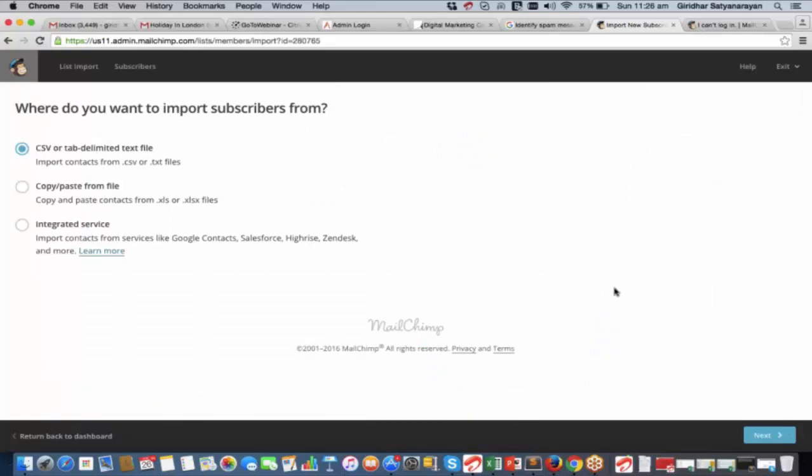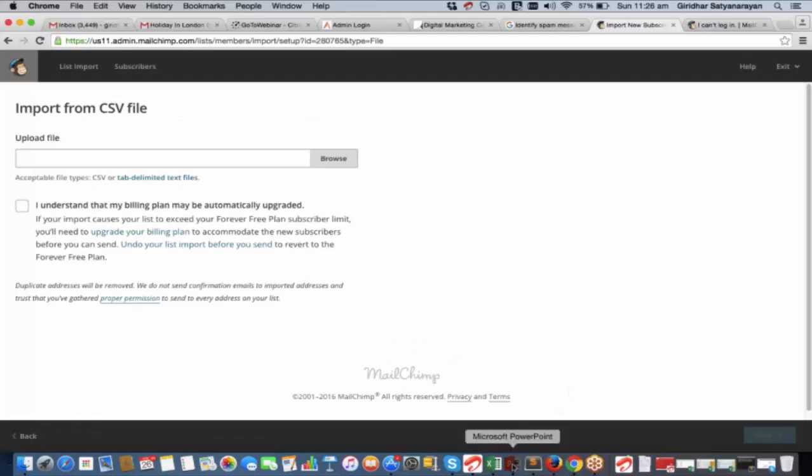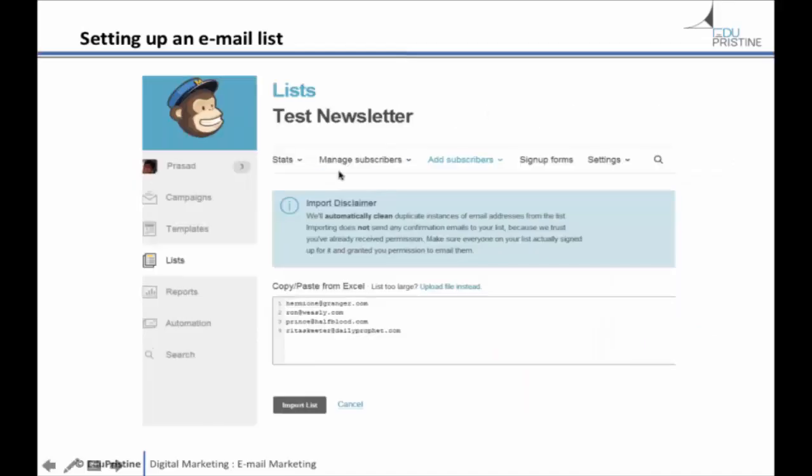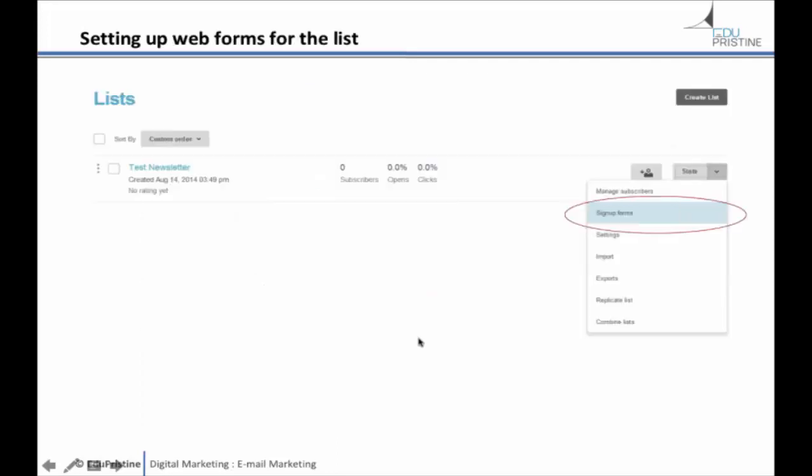Okay. And then I click on next. It's going to ask me to go and upload the CSV file so that it can start importing all the contacts. Or you can add more subscribers manually from the add subscriber button. Next, now this is adding of subscribers. Again, we added 4 subscribers here. Click on import list. Now that is how you build a list.